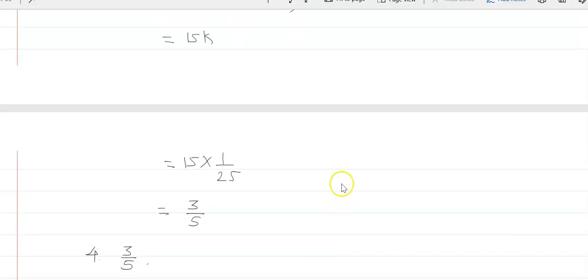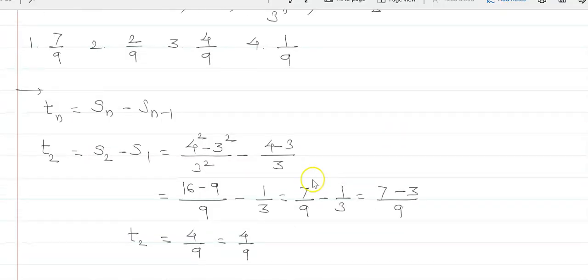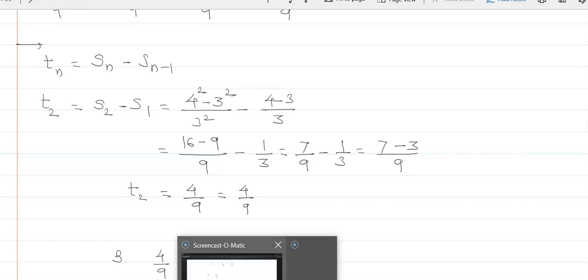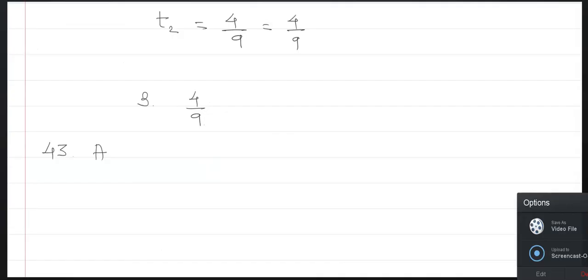Now, again, you can see this here. Tn is equal to Sn minus S(n-1). T2 is equal to S2 minus S1. Substitute the value. Then you will get T2 is equal to 4 upon 9. Option 3 is the correct one. Now, next is